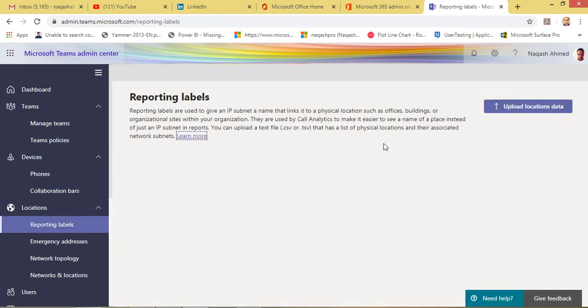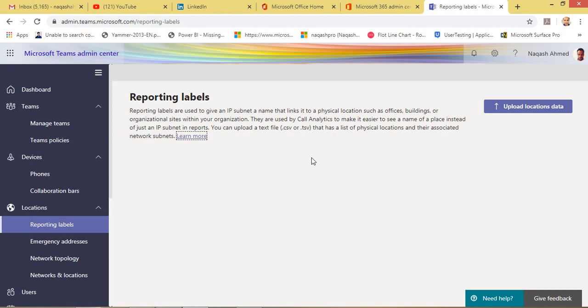What you can do from this section is reporting labels, because in an organization there is a single network, or multiple networks, that users come in and connect to. So here in Teams Admin Center, you can specify location data, so that whenever your employees connect to your organization network, they will be able to connect to the right subnet and the right network where they can use Teams.